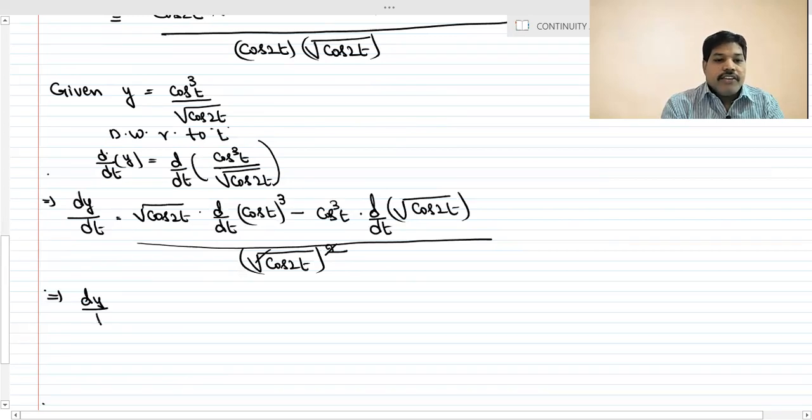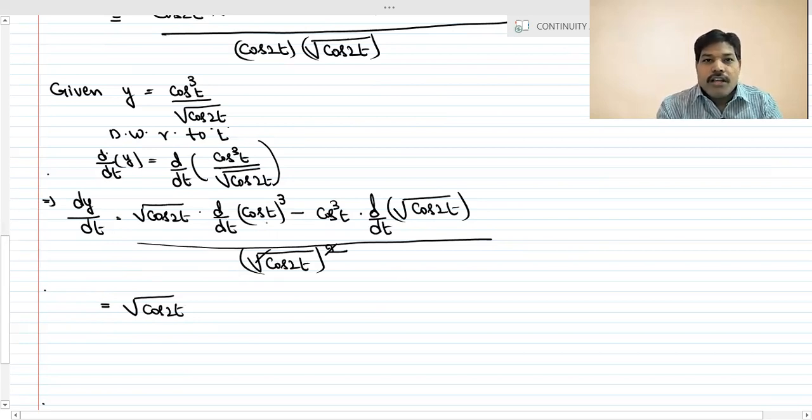dy by dt is equal to, you can continue that equality here, there is no need for anything else. So that implies we will get root cos 2t into the derivative of f of x whole cube. I have already given the formula. So f of x whole cube is nothing but 3 f of x whole square into f dash of x. So 3 into f of x, which is cos t whole square, 3 f of x whole square into f dash of x, meaning the derivative of cos t,